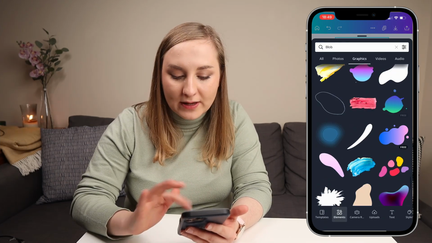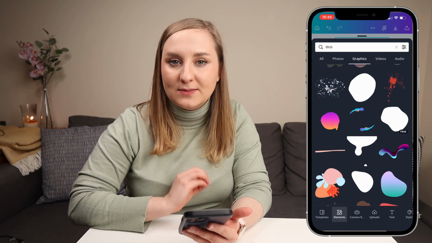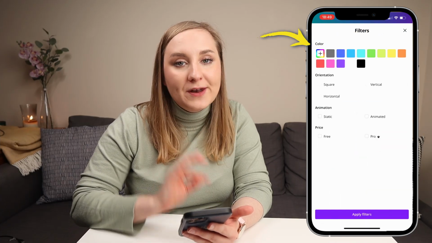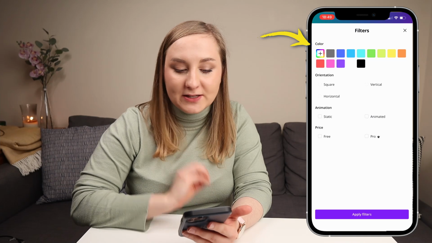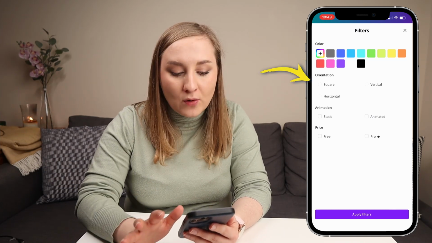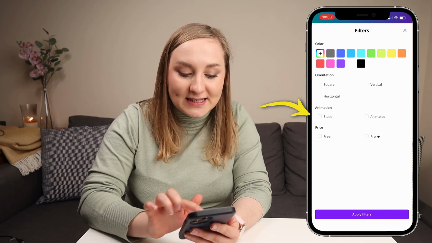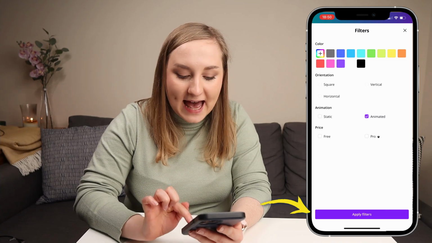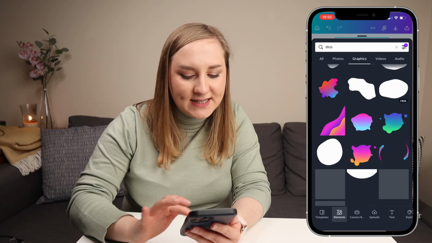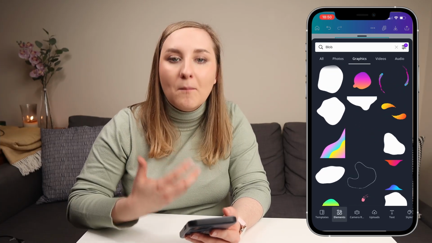And I'm scrolling and scrolling and I see some more kind of static elements, and maybe I want to find something that's more animated. So in order to do that, you can click this tab and that will open all the different filters. So if you're looking for a particular color, if you want a specific orientation, if you're looking for specific photos, if you want the type of animation, which this is what we're going for, this is what you want to select. So I'm going to select animated and go for apply filters, and you'll see all the different kind of waves in here, all the different elements that are moving, and they make your designs more dynamic.